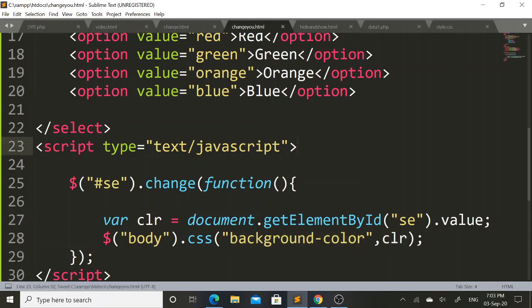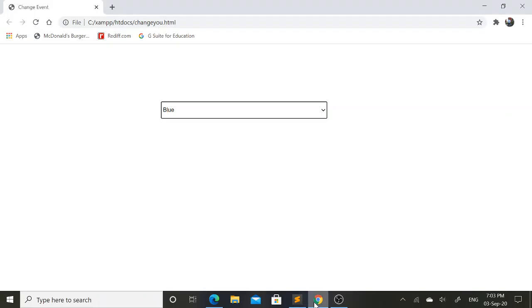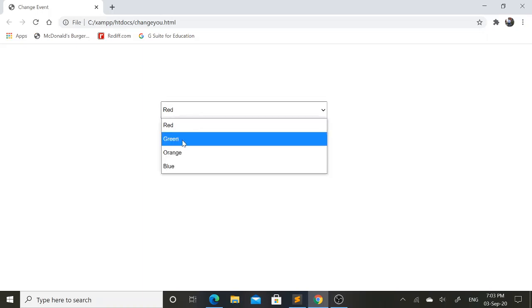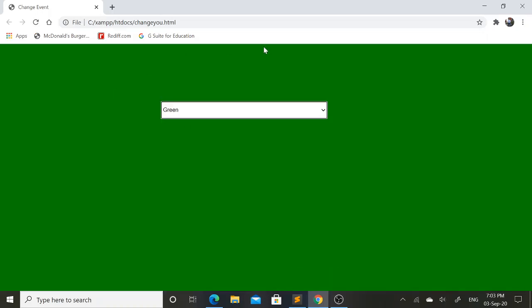So to see the output, again I will refresh this web page. Here initially I will select green, then you can see that green background color has appeared in the web page.